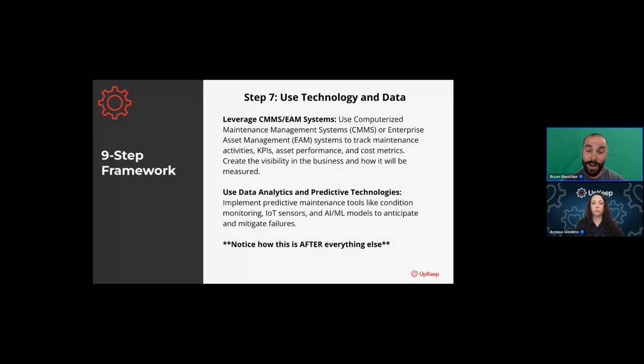We want to know how we will be measured, which is generally very similar to the way the business is measured, which is why we talk about this, right? This is business alignment. Data analytics, and Amissa convinced me to leave predictive technologies in here, okay? But we want to implement predictive maintenance tools. And by predictive maintenance tools, I mean condition monitoring. I mean sensor technology. We can say AI and machine learning. They're basically the same thing as of right now. We want to mitigate failures, right? We want to use technology to our advantage. We want technology to enable us and what we do, and to look at the blind spots of our business or of our department.